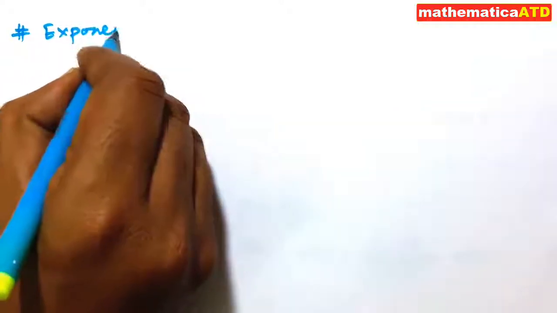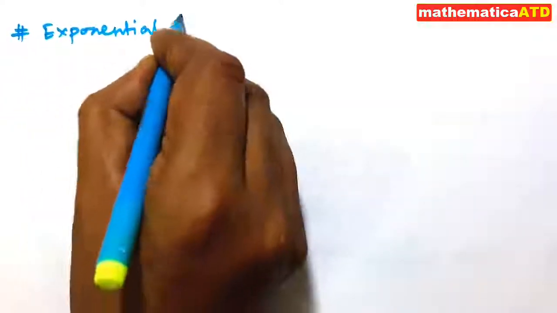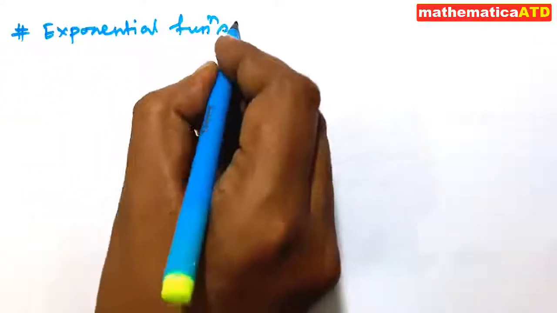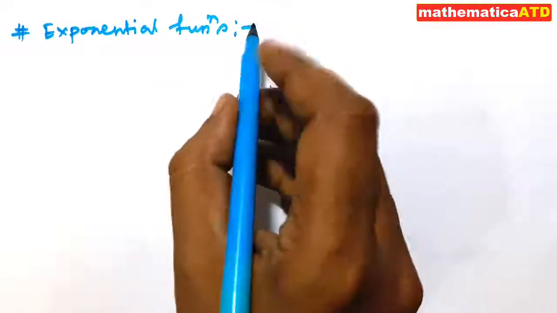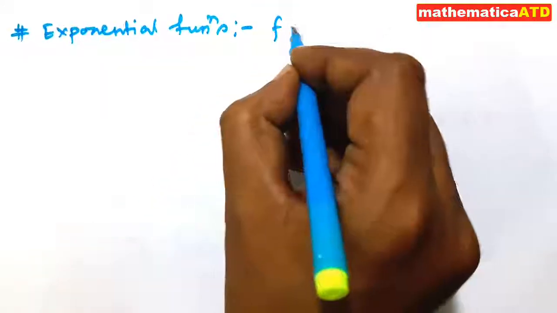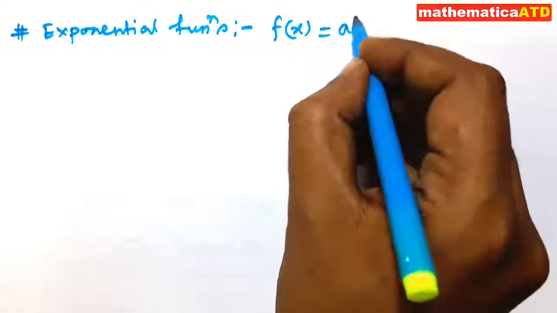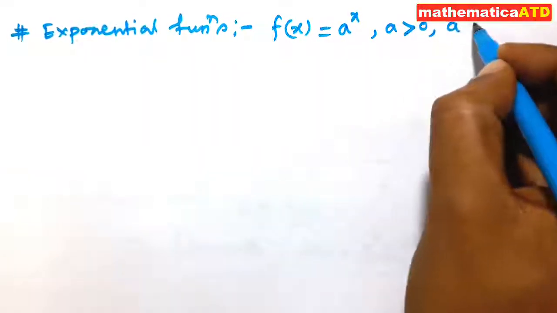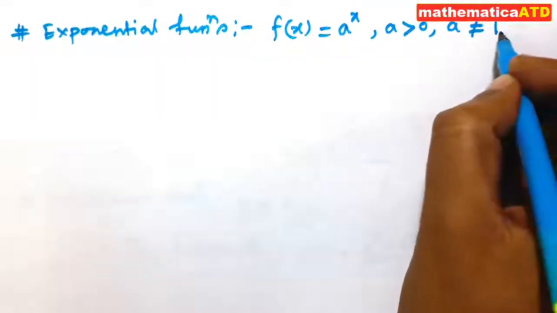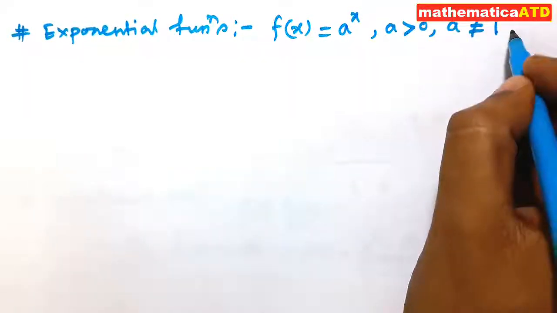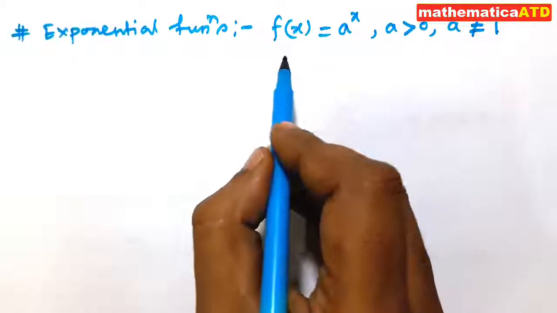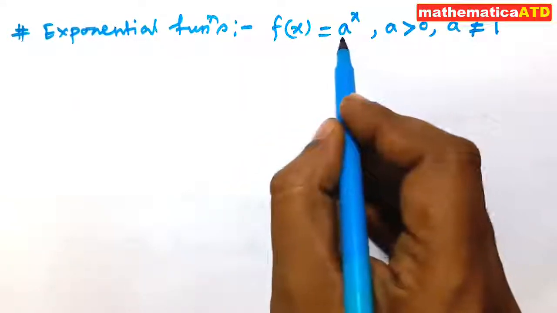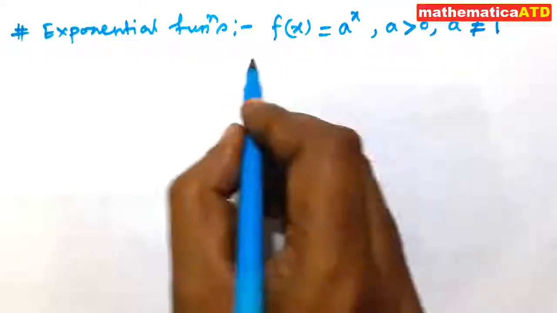Exponential functions. Friends, the function f(x) equal to a to the power x, where a is greater than 0 and a is not equal to 1, is called an exponential function with base a. This a is a constant. Its graph is like this: